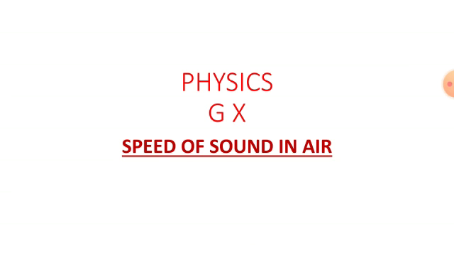And if we have dry air as compared to humid air, then in the dry air presence of humidity is less, means it will be more dense as compared to humid air, and due to which speed of sound will be less in the dry air. So speed of sound in dry air is less as compared to the speed of sound in humid air, and it is due to change in the density of the air.